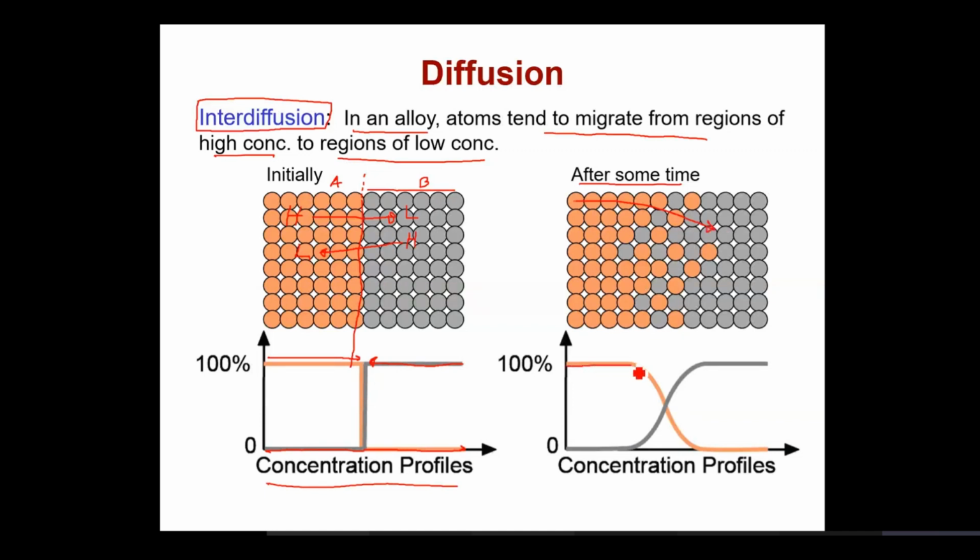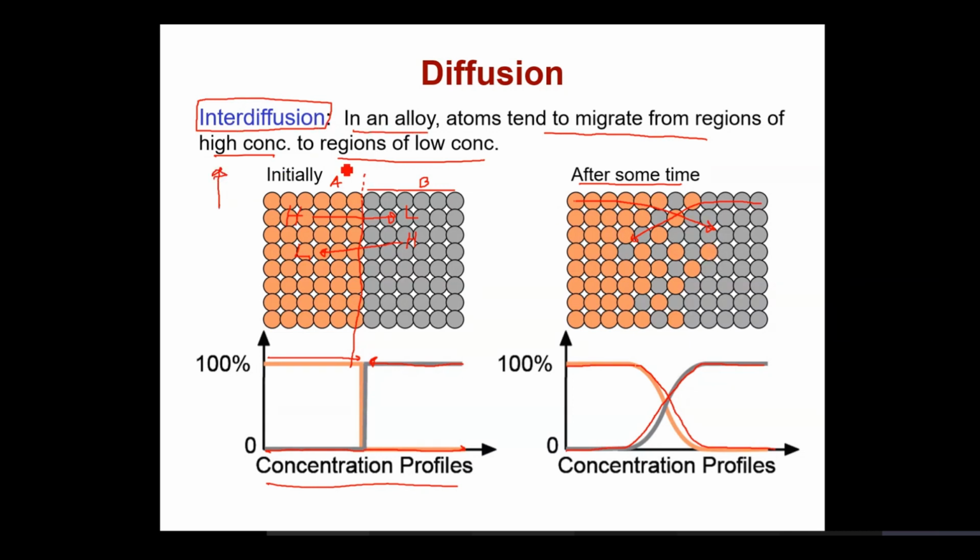It changes from 100 over here. Rather than dropping down sharply to zero, it gradually reduces to zero, and at a certain distance it is zero. Similar is the case for atoms of B, where it started from 100% concentration and gradually reduces over the distance to 0%, as it is shown. So this is basically the phenomenon of interdiffusion, where two elements are diffusing into one another